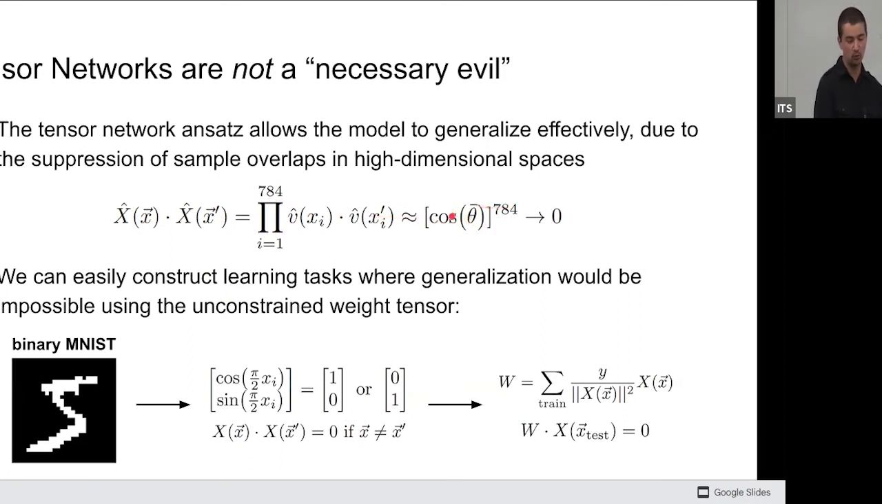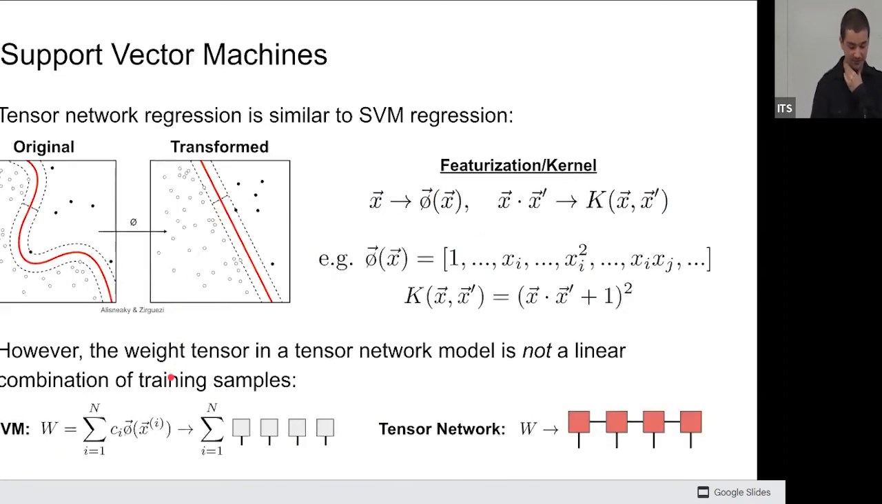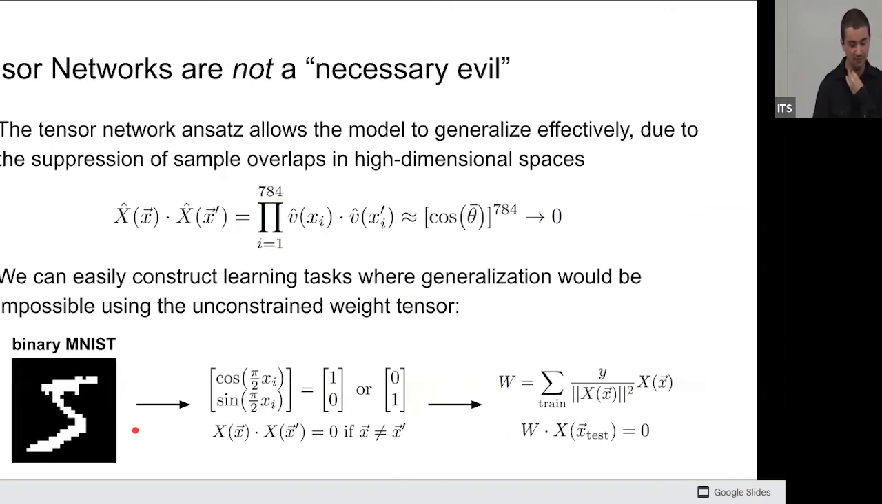Now, cosine is between 0 and 1. That to a power like this is almost always 0, unless you're very, very close to 1. This will be almost 0 by the end of this inner product. And what that ends up doing is it means that if you have a W, like the SVM case, which is a linear combination of samples, then the inner product you're going to get out of that is going to be almost 0. And in fact, you can make it exactly 0 if you want,